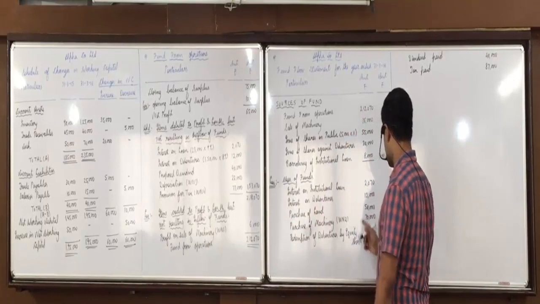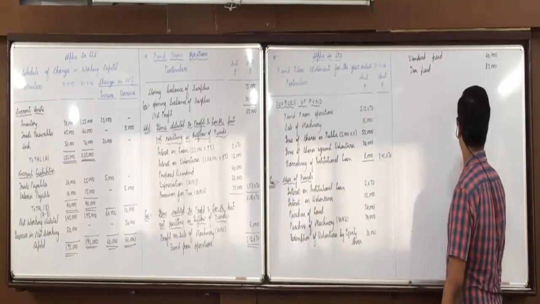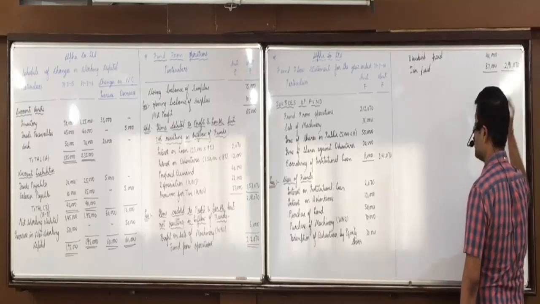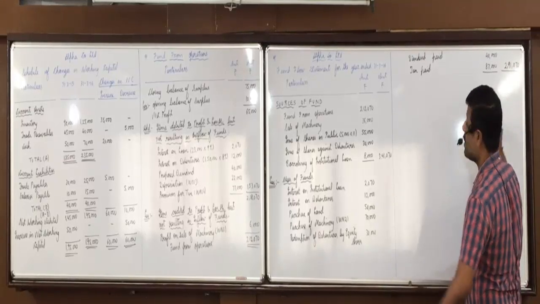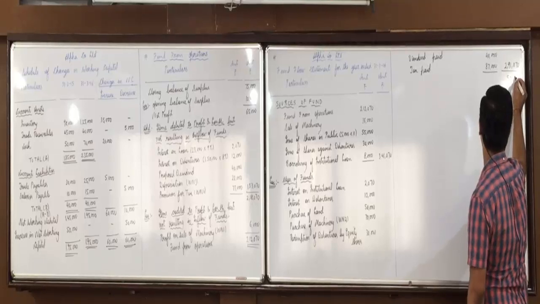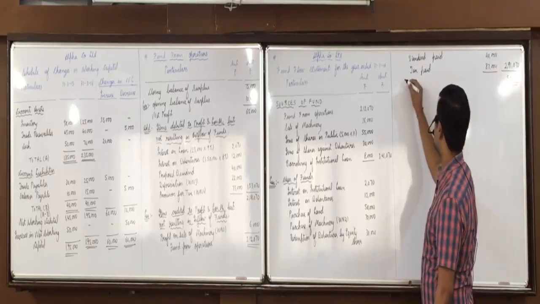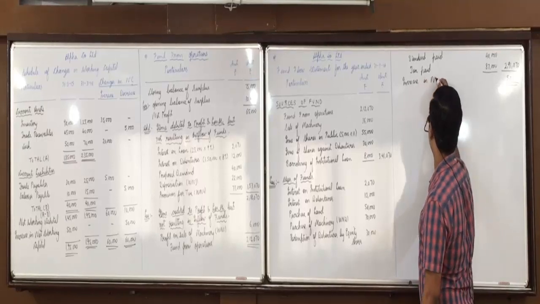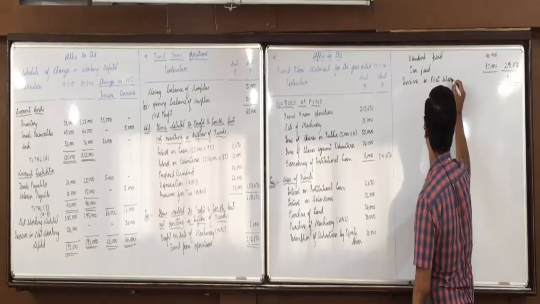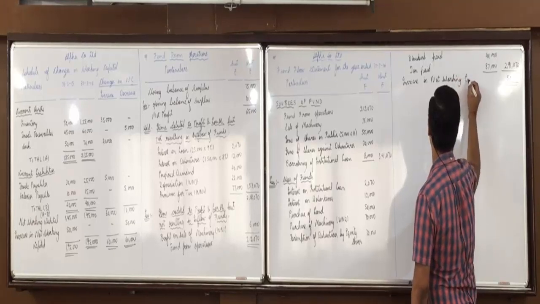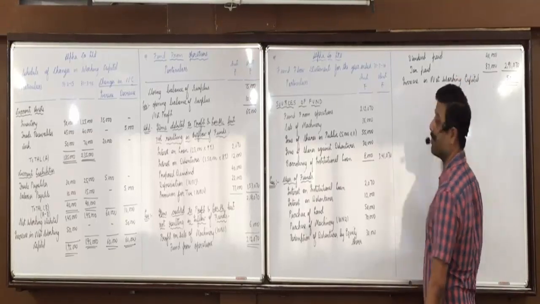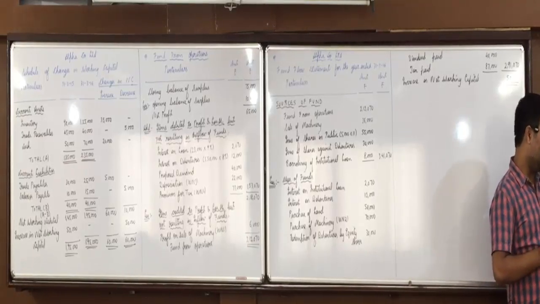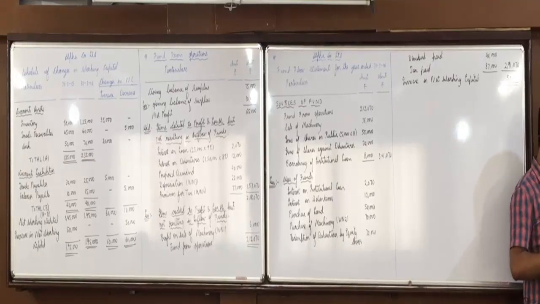So total uses of funds will be 2,91,070. What is the difference? Do we get the same as in the first step or not? So 50,000 is the increase in net working capital. Did everyone understand this? Any doubts in it? So the fund flow statement chapter is over with this.